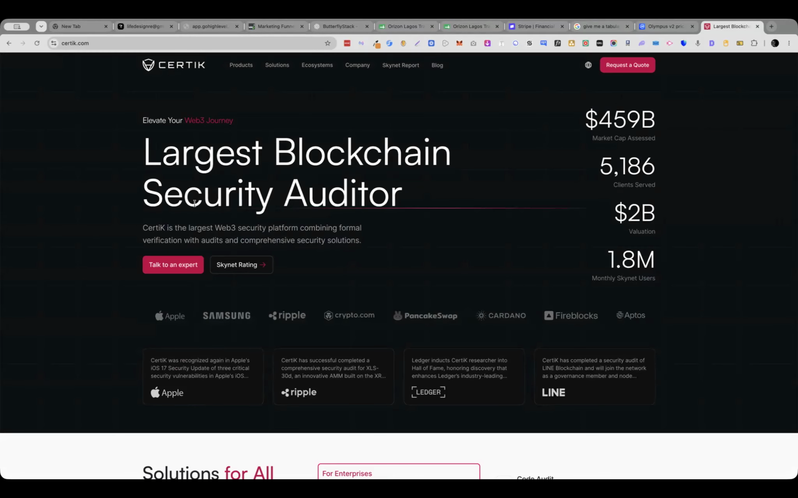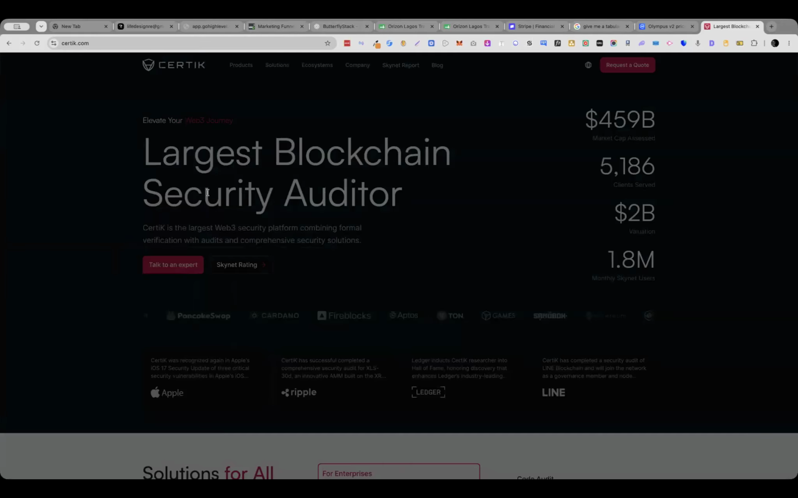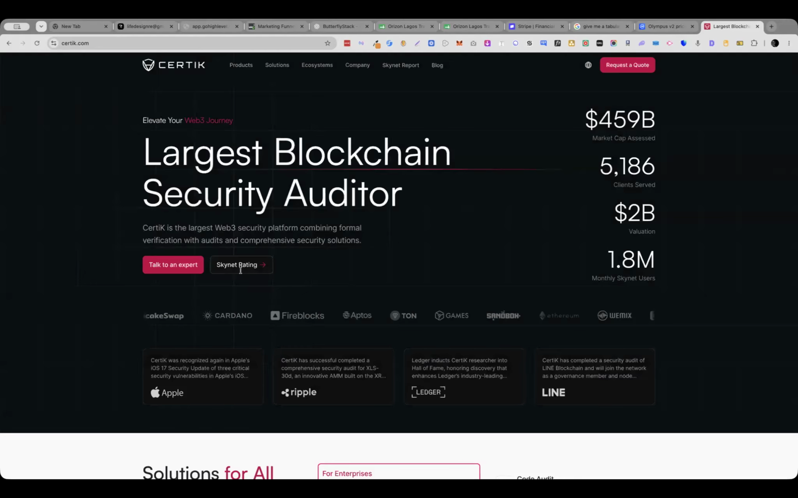So you come here. This is the largest blockchain security auditor. They are auditors. It does not mean that every project you find here is credible, but it just means that every project you find here has taken the time to say, audit me and publish a report for me. So they will audit and publish a report. If you come here now and click on Skynet rating, Skynet rating will now take you